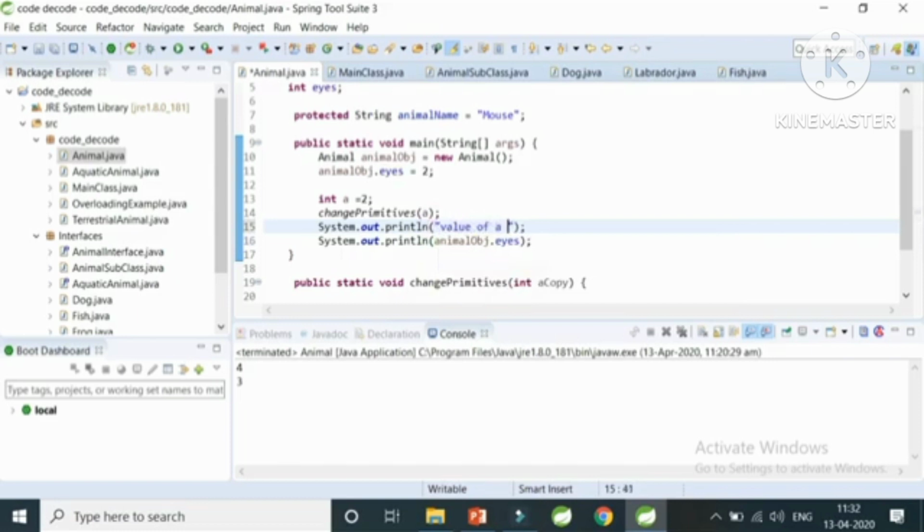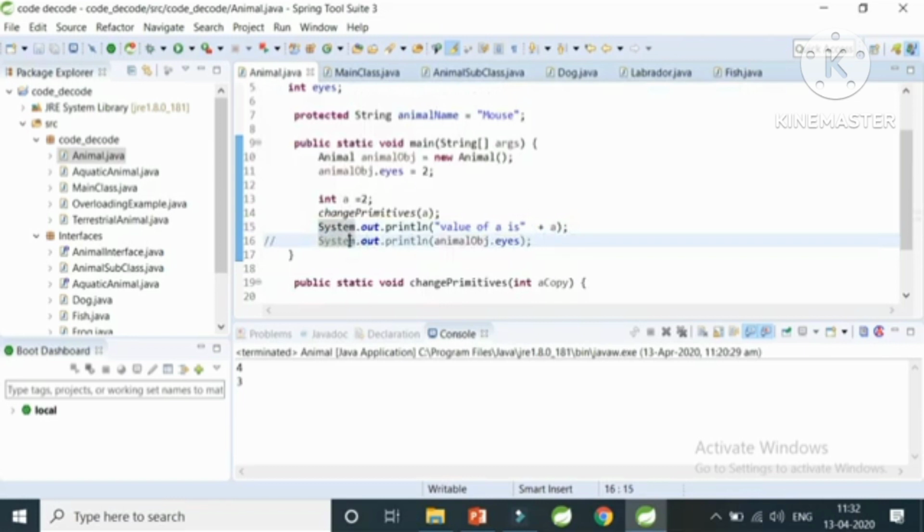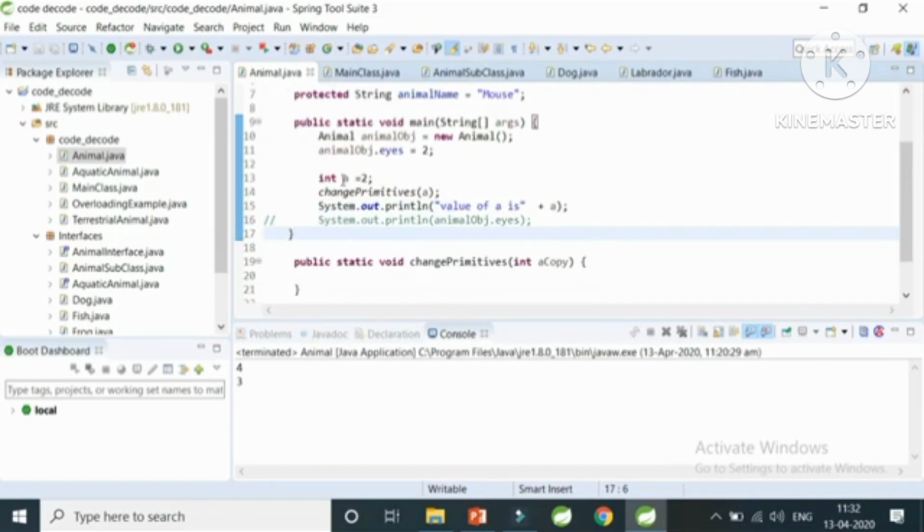Value of a is plus and a. Fine. And I'll comment this for you once. And in this particular thing, I'm going to do nothing, but I'm going to change the value of this. So I'm going to make it 12. From 2 to 12. I'll make it 3 rather, because it will otherwise confuse you with the instance variable value, which is i's. So my a variable value is 3, and when I'm calling a particular method, its value is